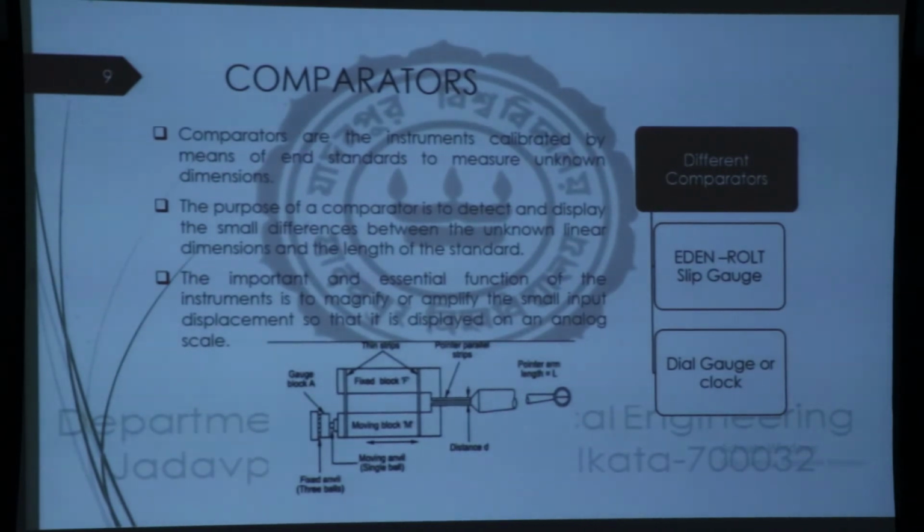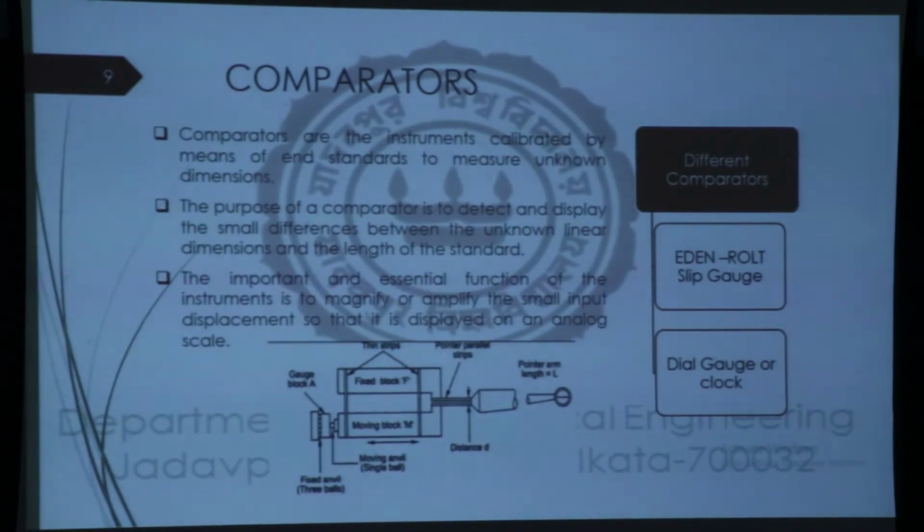Supposing you have machined a 2-inch cube. You compare this 2-inch cube with piled up slip gauges of the same dimension, 2 inch. The piled up slip gauges of height 2 inch are compared with the actual job being machined, the 2-inch cube, by say a shaping operation. So, the comparator compares what has been machined with the standard value.